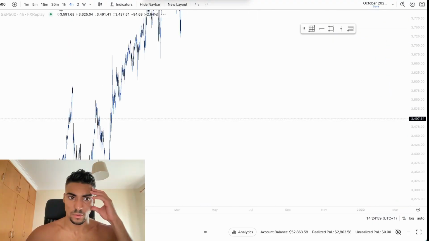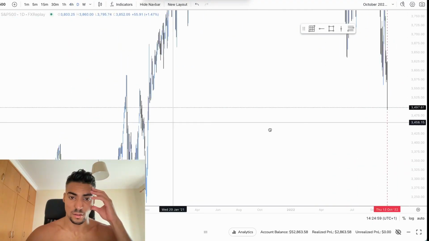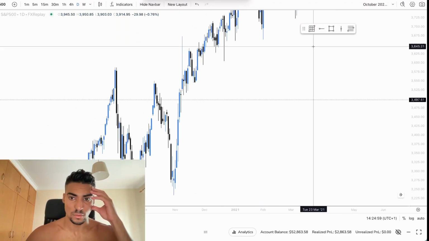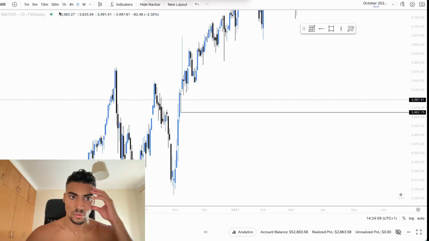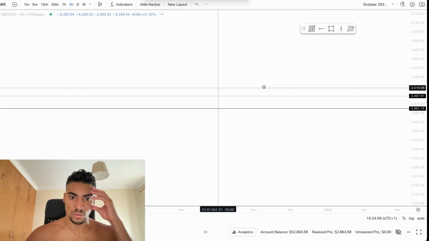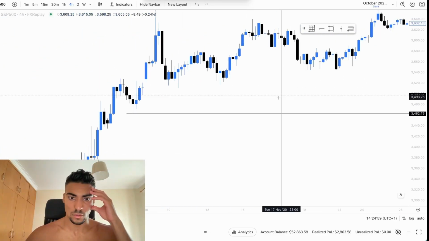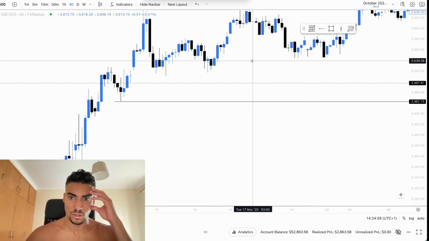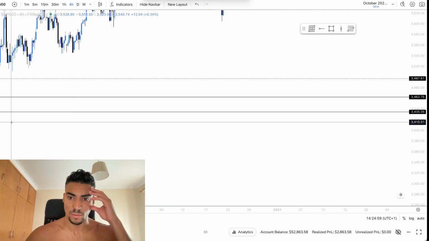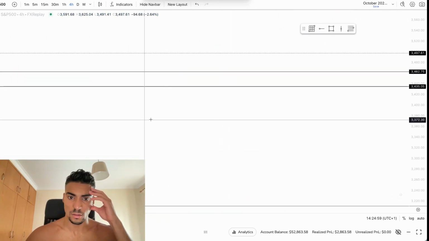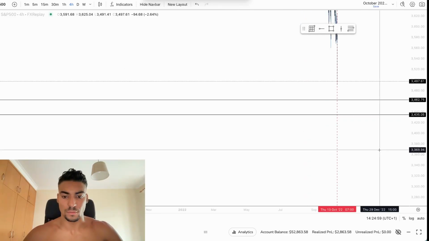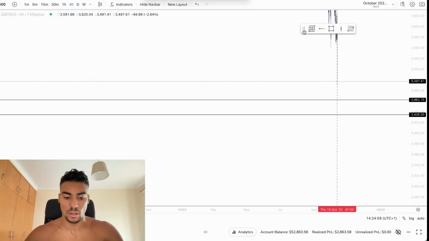Let's see what we swept. Let's go to the daily time frame. I can see, bro, like this is so far ahead, so far behind. Holy, what, this was daily high, daily lows. Let's go to the 4 hour. Let's see if we get something in 4 hour more interesting than this. Daily lows. This was already swept. Okay, so we have one of these daily lows and these 4 hour lows, pretty much as liquidity to the downside. Oh, but where am I? Fuck. What the hell am I doing?